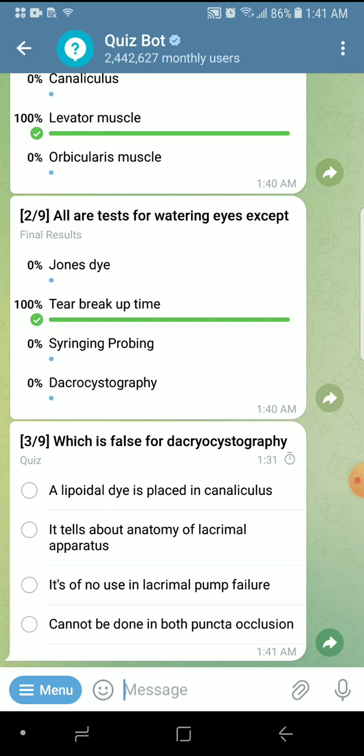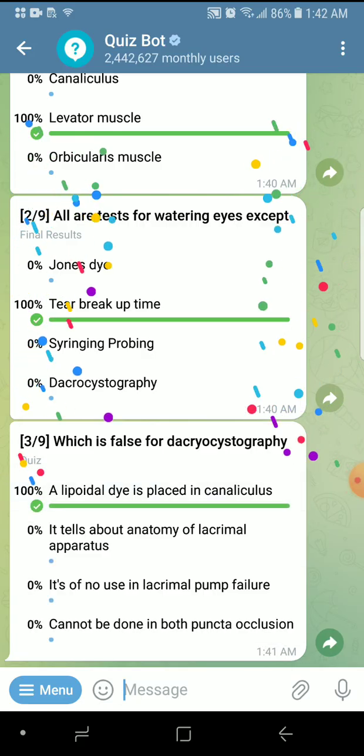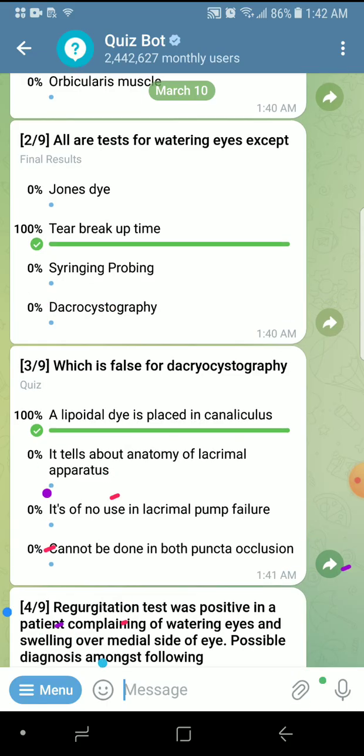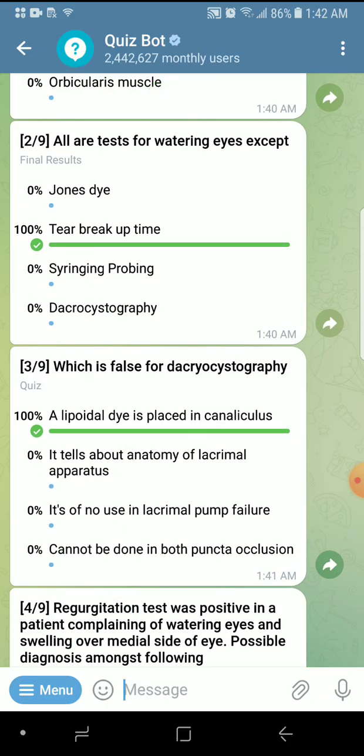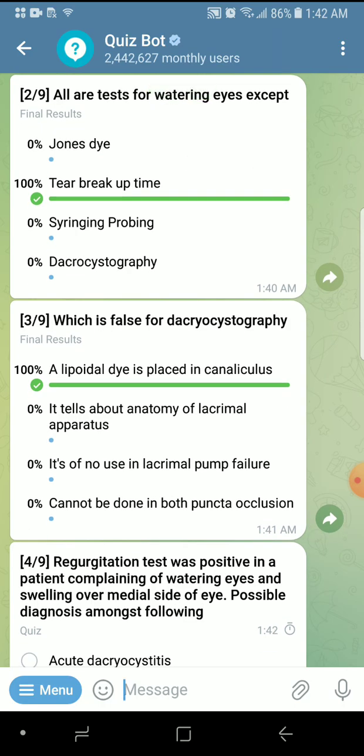Now, a lipoidal dye is placed in the canaliculi. That is actually okay, so that is also a true statement. I have changed this. I've given the answer this only, but this is also a true statement. I have edited this already. All are true statements over here. The change which I have done is, lipoidal dye is just put into the conjunctival sac. That is wrong. It is directly injected into the canaliculi. That is true. So this question, just ignore it if you have done it previously, or else I have edited this